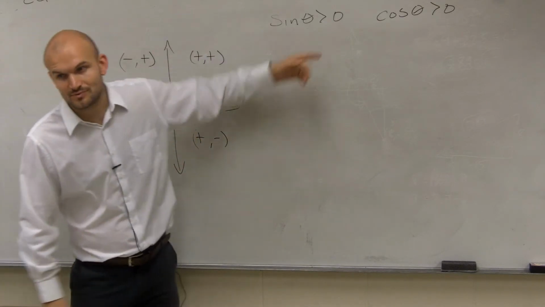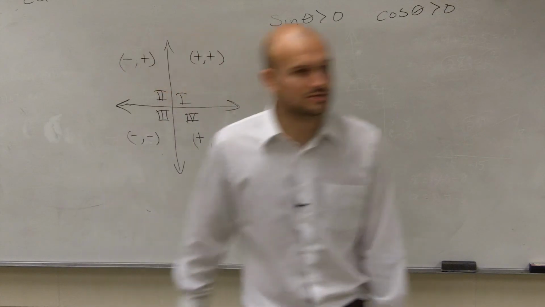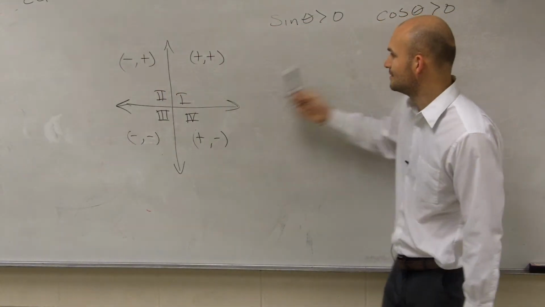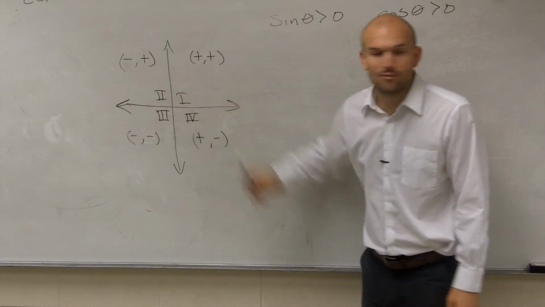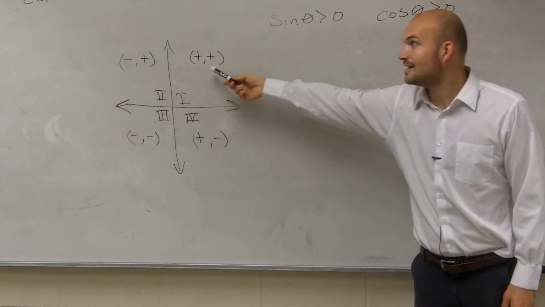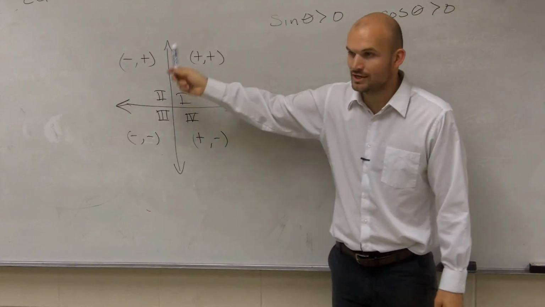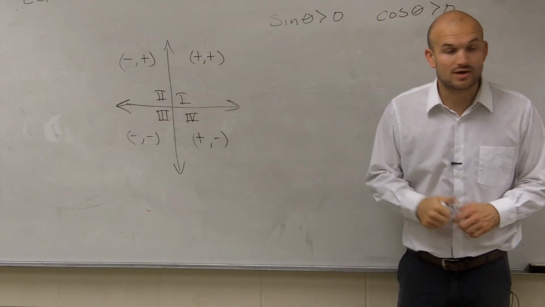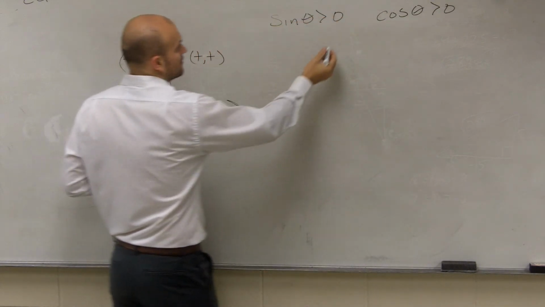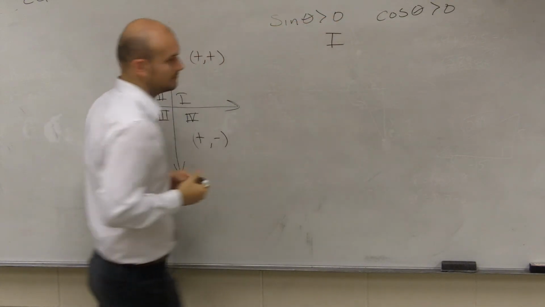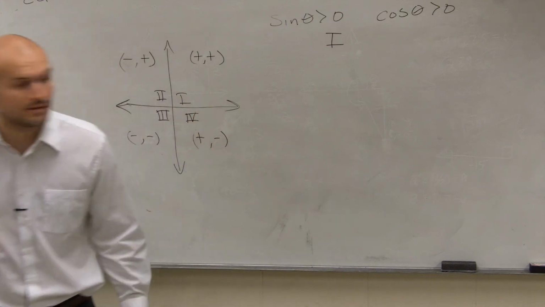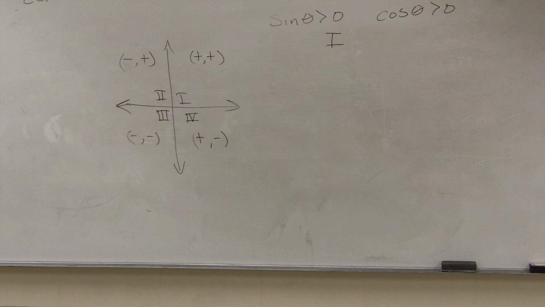So which one was the only one that met both of those constraints? Not 3 and 4. Hold on. For cosine, yeah, it would have been 1 and 4. So 1 and 4, they're both positive. And for the sine, it was 1 and 2, they're both positive. So the only quadrant that satisfies both of those constraints was quadrant 1. Make sense? That's how you deal with the constraints. All right? So now that we've dealt with constraints,